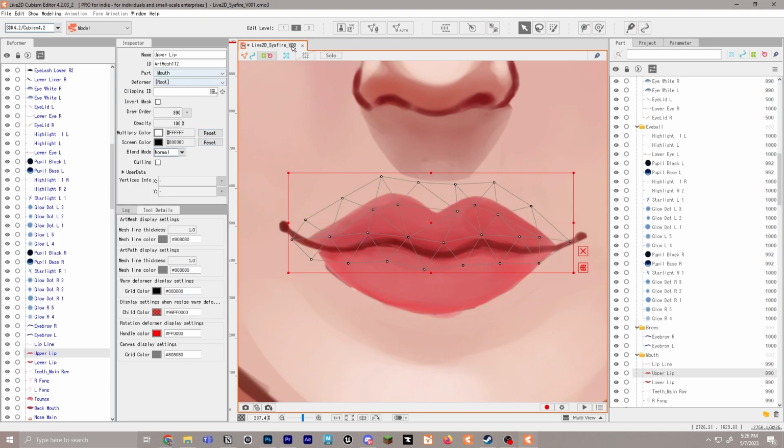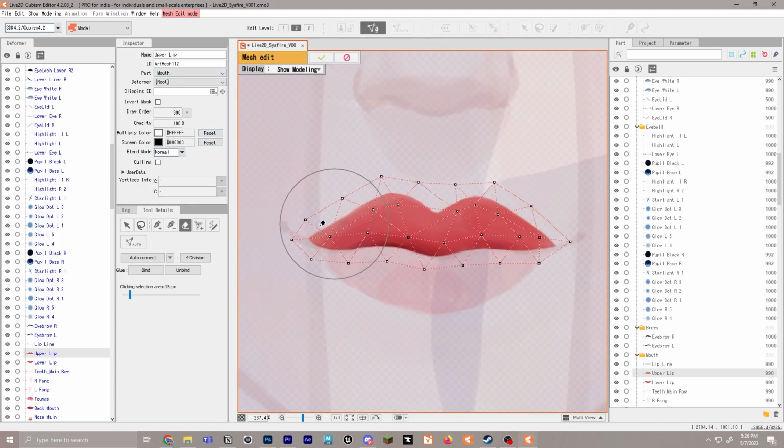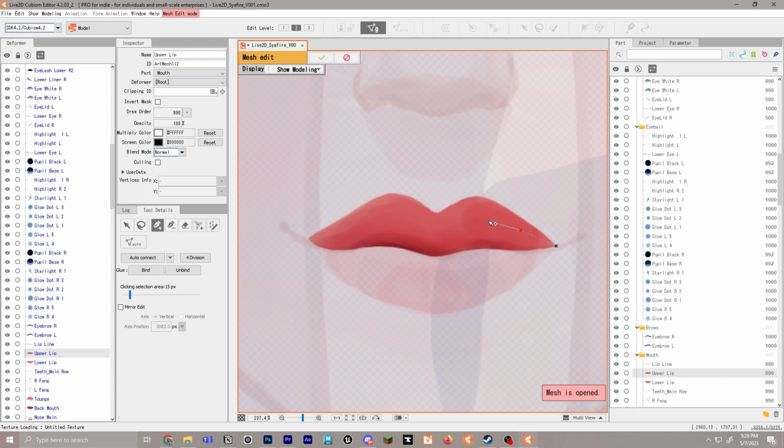Alright, and then for the lips, we'll go in and we'll go ahead and edit and again click our eraser tool. And for the lips, I'm going to kind of do a similar thing that I actually did for the eye whites. So we're going to kind of go along the middle here, follow the curve of the shape if you can, and we'll go out. I actually want this one to go out a little bit more too. And then we'll do one for the bottom, and I just kind of try to match the points, so that should be to that, that should be to that when I'm going across. And then we can connect those, and then we'll do the same thing for the top. So kind of go around, and then we'll connect everything.